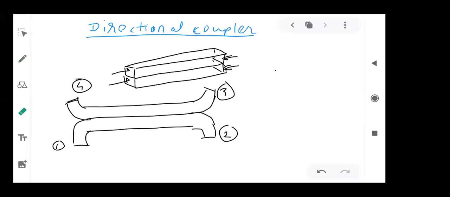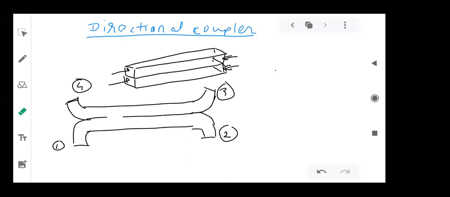So for that, see, both the waveguides are totally isolated. Electrically, they may be connected because they are sharing the middle layer, which is conductor. But field-wise, they are different. They are separate. The field in the lower waveguide will never get coupled to the upper waveguide. But we want the coupling, directional coupler, so there should be coupling.